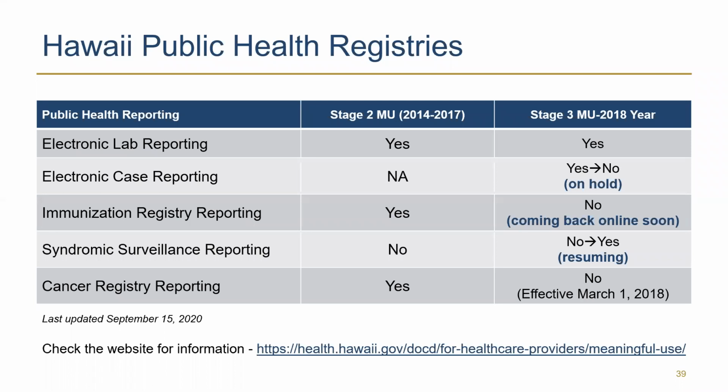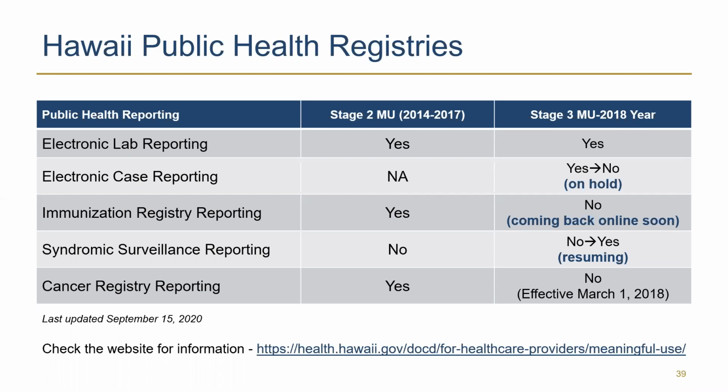First, electronic lab reporting. Typically, this applies to hospitals and commercial labs. If you use a commercial lab that reports to this registry, you may get credit for that. So please talk with your commercial lab. As per the Hawaii Health Department, it is up to the laboratory to provide information to the provider or to the eligible clinician that the laboratory is acting on their behalf and that the state has certified they meet all requirements for the electronic lab reporting measure.